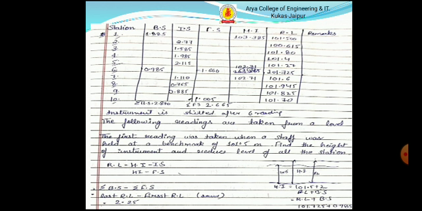So firstly we can calculate the height of instrument. Height of instrument can be calculated by reduced level plus backsight. The instrument is shifted after the 6th reading, so we can also calculate the height of instrument at the 6th point and the reduced levels of all points. So we can check our answer by verifying that the summation of backsight minus foresight is equal to the last reduced level minus the first reduced level.